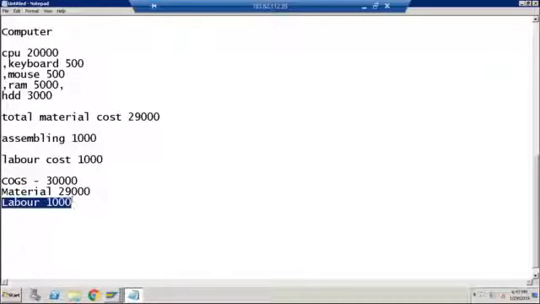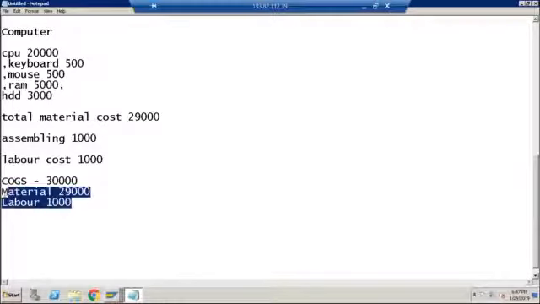Is it possible? If my customer is saying, I don't want the COGS account to be debited in case of PGI, I want material consumption and labor consumption to be debited. Is it possible? Have you seen it somewhere? Whenever you do the PGI, instead of the complete COGS, it is getting split into material and labor. No. It is not possible, right?